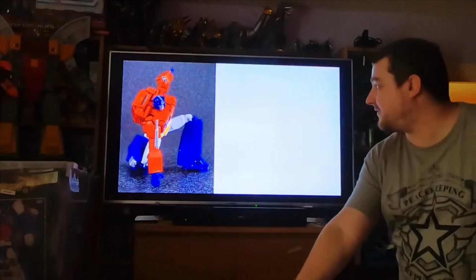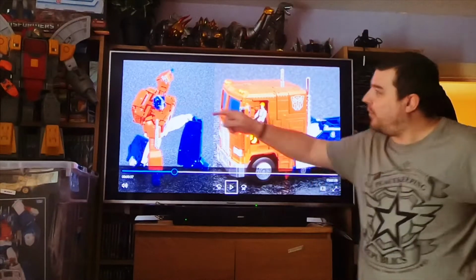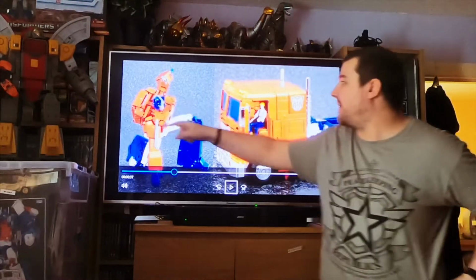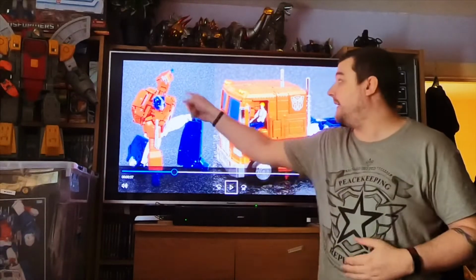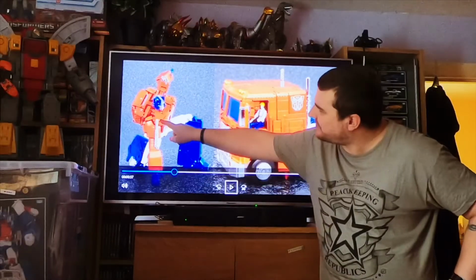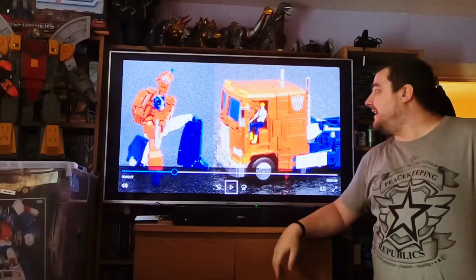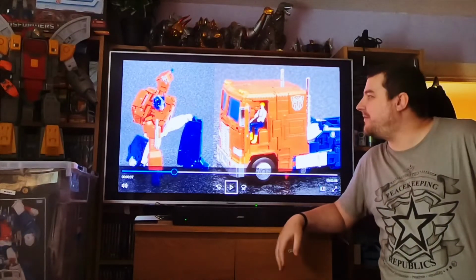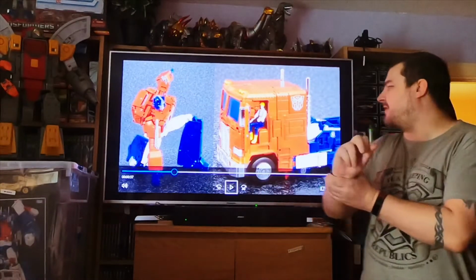Right, let's pause for a moment. What is going on there? That backpack, like I've got the Light of Freedom, Magic Square's Light of Freedom. He doesn't have a backpack like that, and he looks cartoon pleasing. Also, some of the joints around the shoulders look a bit iffy to me. I don't know. It doesn't look good,